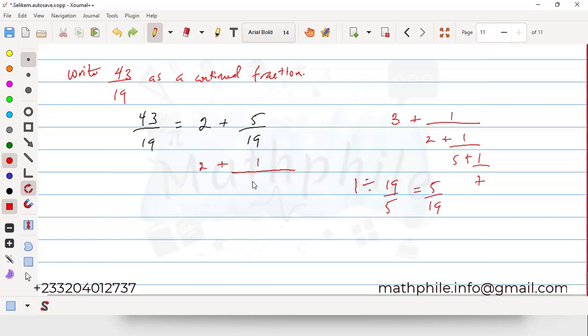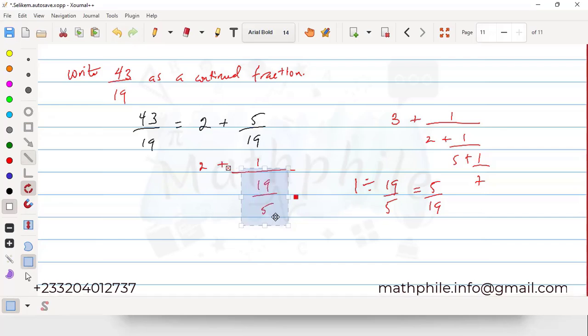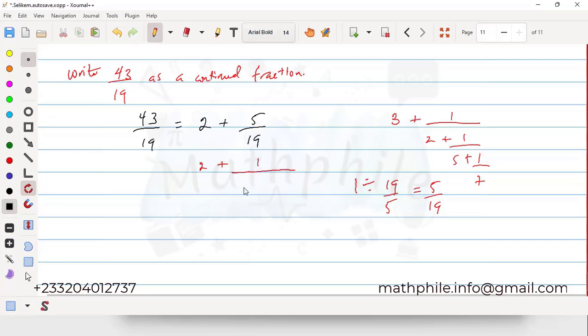Okay, so there's 19 over 5. Can I continue? Yeah. Okay, but this 19 over 5 can also be written as a mixed fraction. Do you agree? Yes. So how can you write this 19 over 5 as a mixed fraction? It will be three whole number 4/5. So this 19 over 5 can be written as 3 whole number 4 over 5. Is that okay? Yes. Okay. So again,